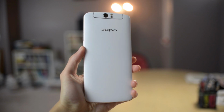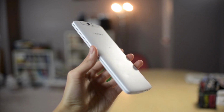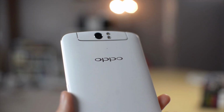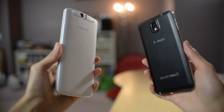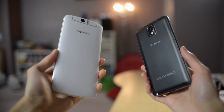The Oppo N1 has better build quality without a doubt. It is still polycarbonate matte finish on the back, but it does have inner support by a steel frame. So it's quite a bit heavier than the Note 3. On the edge of the device, you can see this chrome aluminum ring around it, which looks quite nice in my opinion. So overall, I have to say that the N1 has better build quality compared to the Note 3,